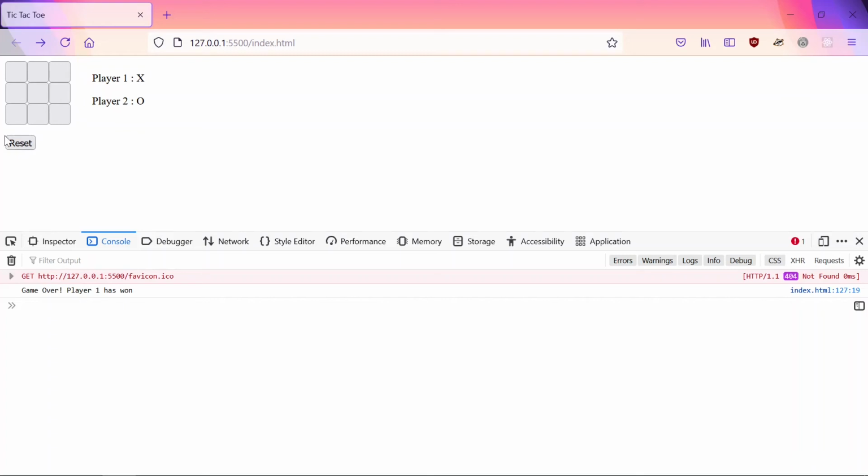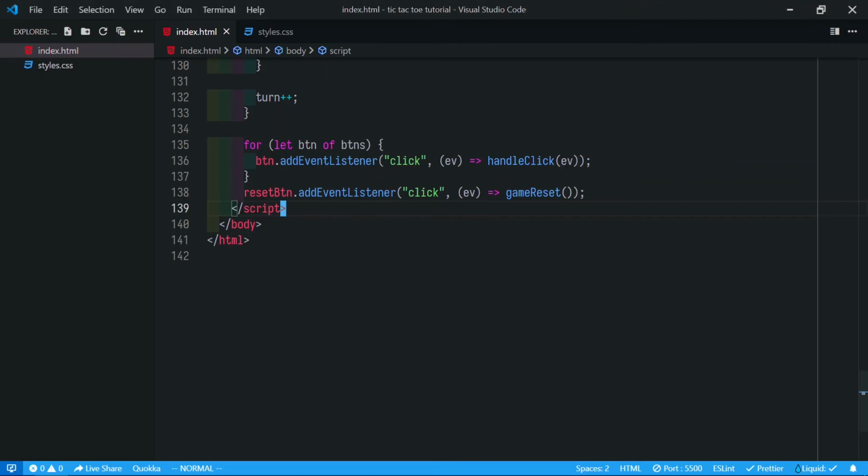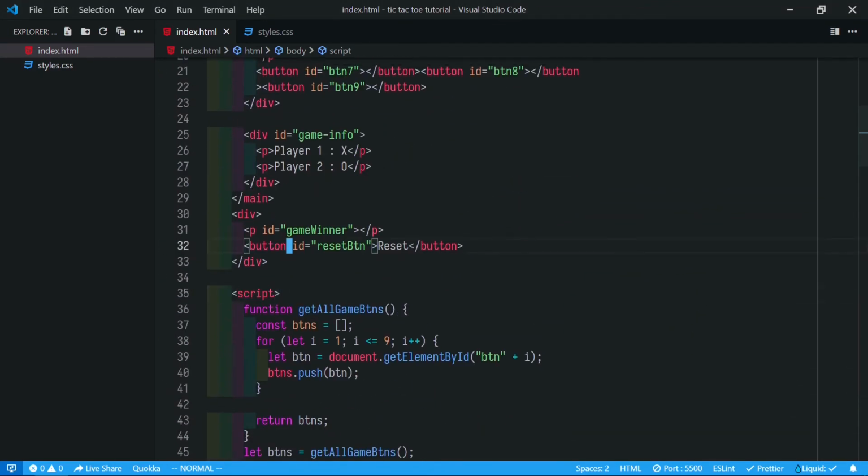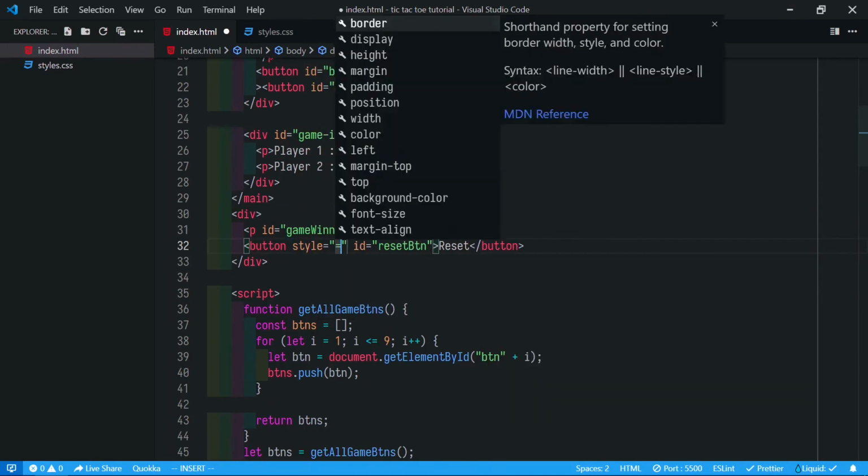Now the last thing is that while we are playing the game, we don't want the reset button to be visible yet. So what we will do is, by default we will make the button hidden. To do that we can use the styles.